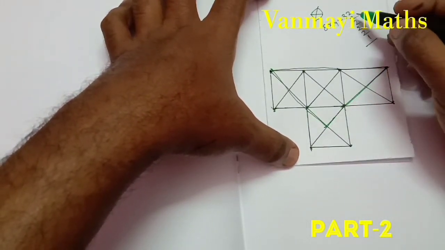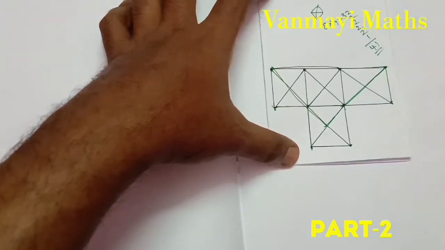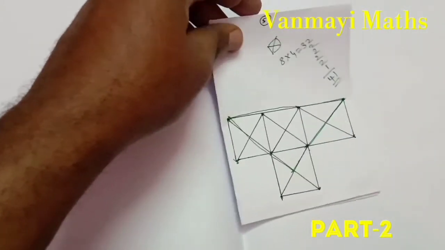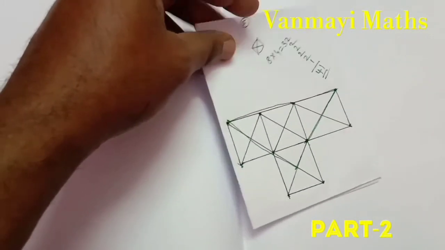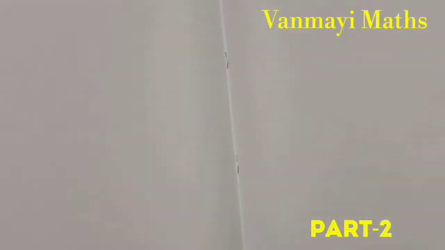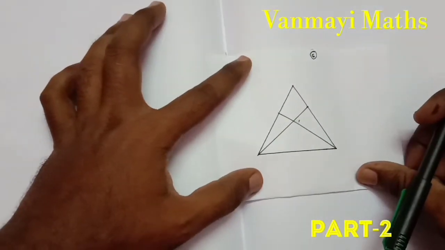So in total, we can get 41 triangles in the given picture. So this is the method to find the number of triangles in the given picture. For the next one, observe, if we have a figure given like this,